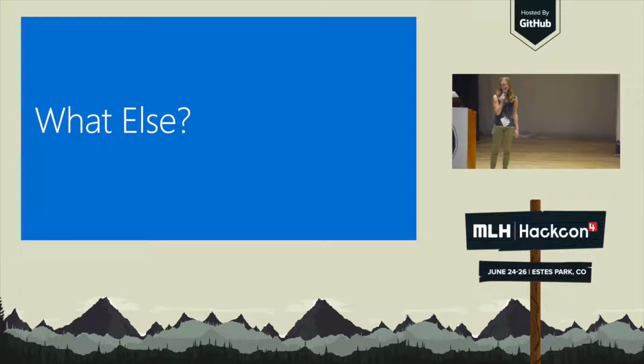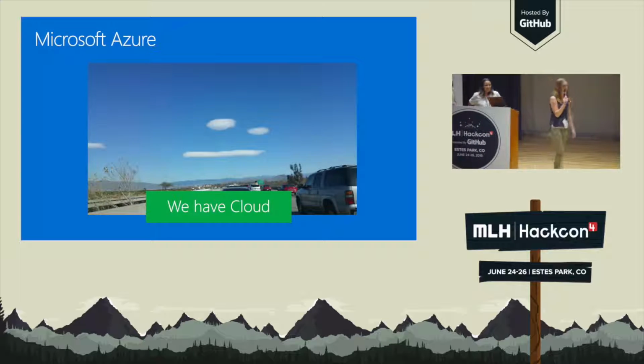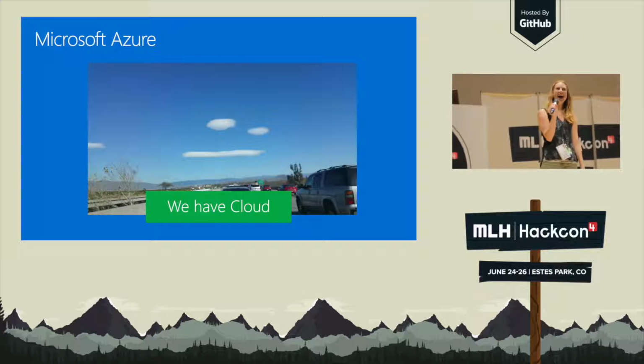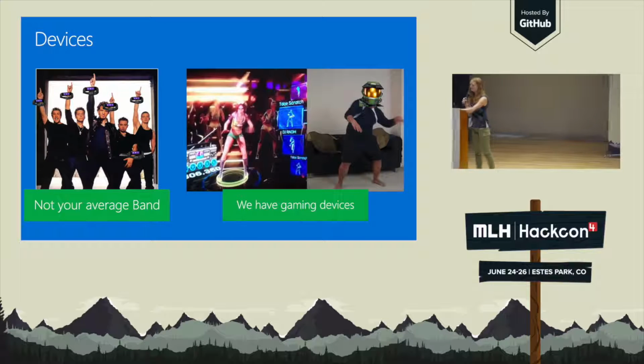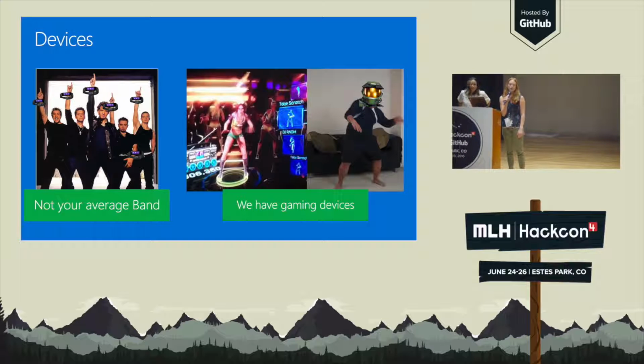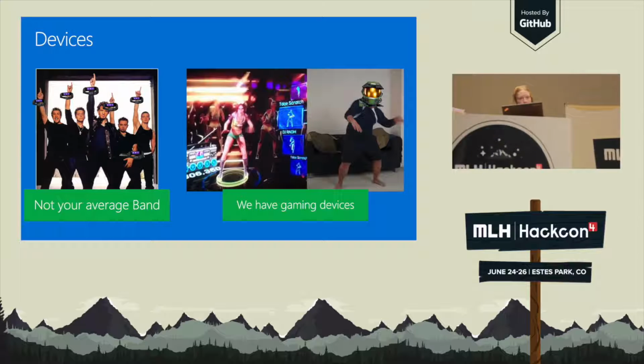Okay, so what else? We bring a ton of stuff when we come to hackathons and on campus, so I'll go through a bit of that. First off, we have cloud. We offer cloud for students through DreamSpark at dreamspark.com. You can check that out and see some resources we have for your students at your hackathons. You can use Azure to run virtual machines, for machine learning, to host a web app or a mobile app, and to set up push notifications. It's super versatile.